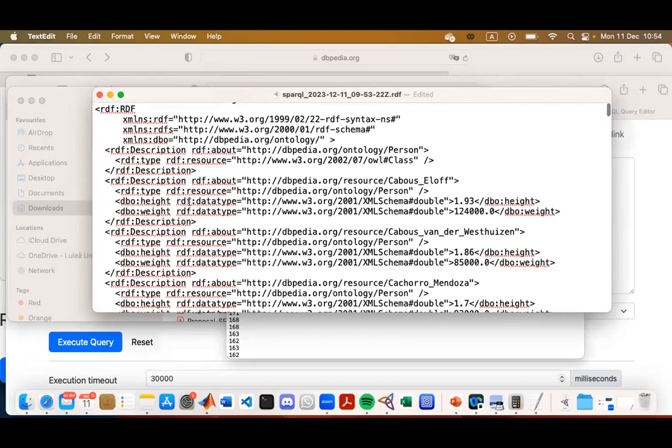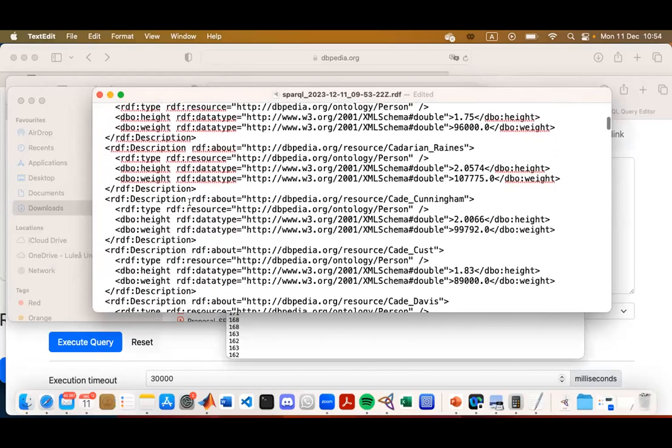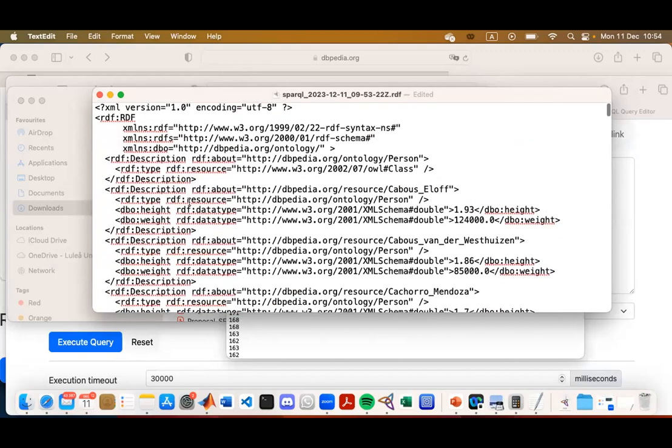These are our prefixes. And these are the individuals that we fetched, right? With some values for the weight and height.